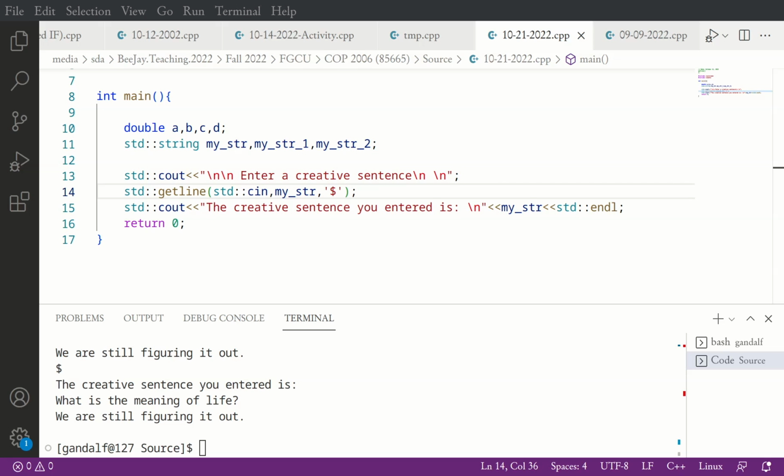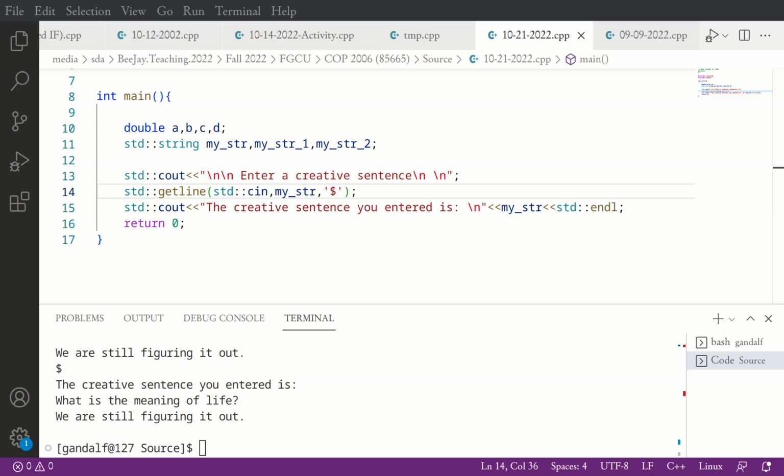That's where we did getline. Getline, but the default setting is it'll just get one line. The moment you hit enter, it's just going to end the program.